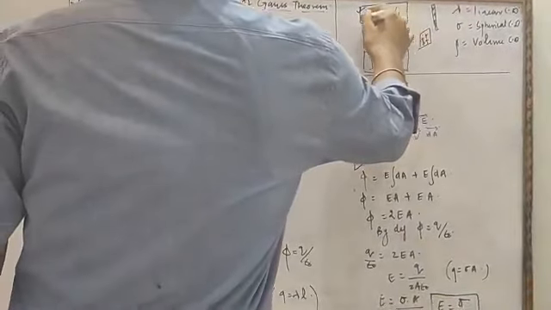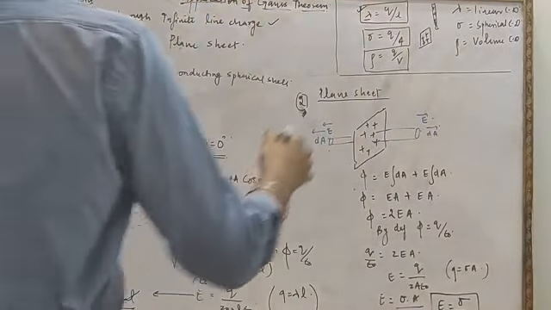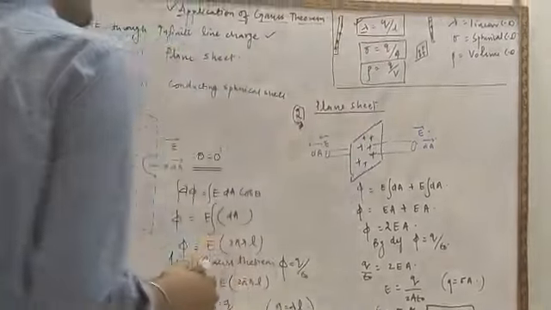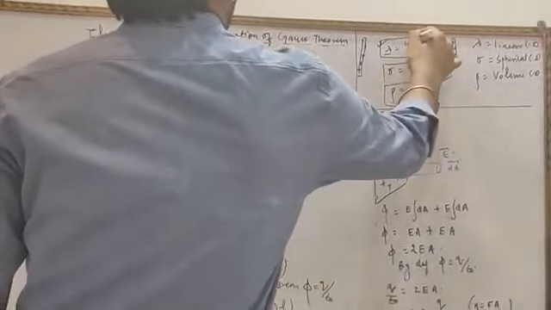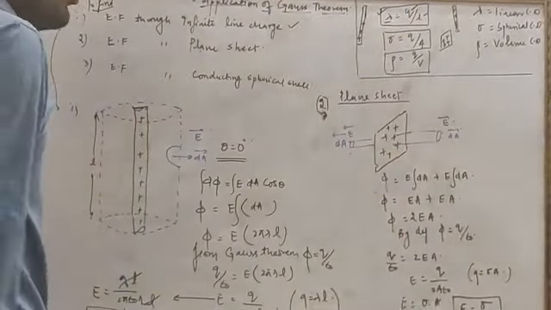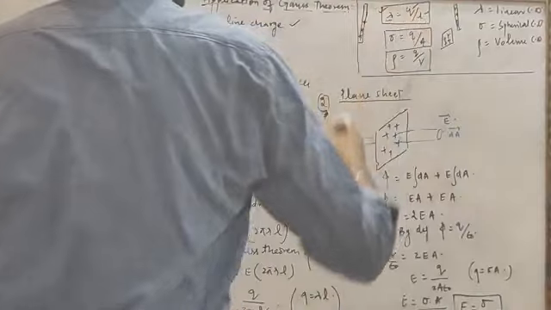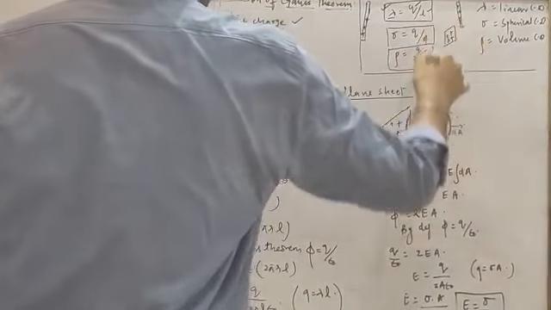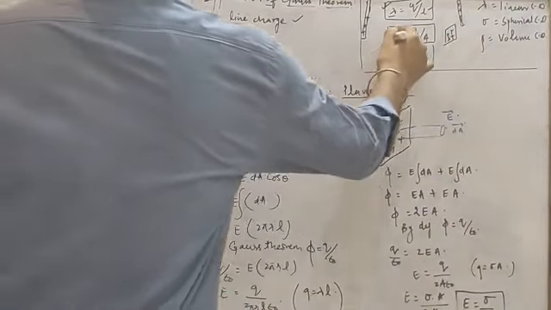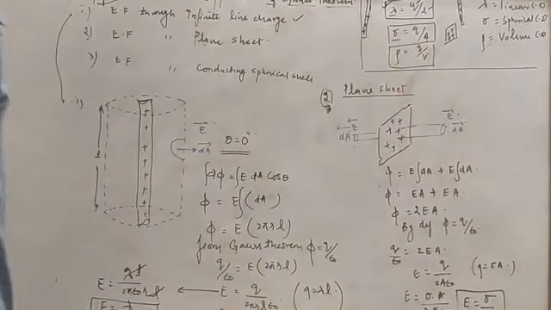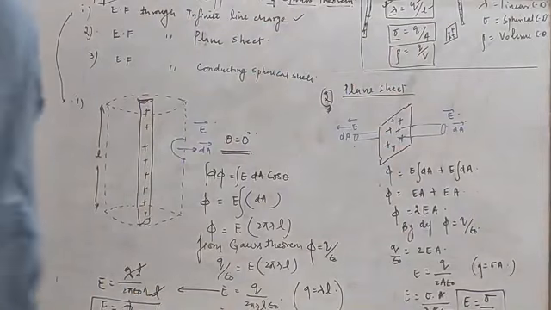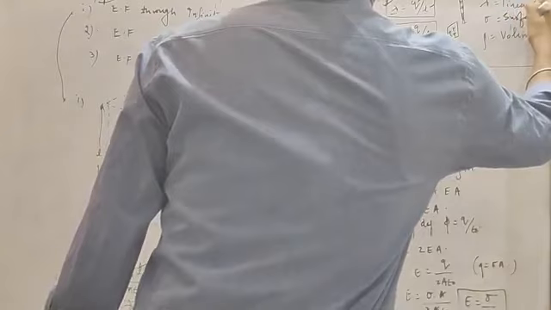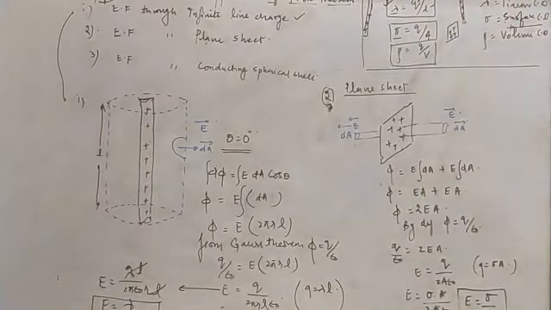Part one is the linear charge density. Suppose we have a linear line and so many charges are present over there. The formula for the linear charge density is the net charge divided by L, Q by L, and it is denoted by lambda. Similarly, if charge accumulates on a surface, the surface charge density is sigma equal to Q upon A.